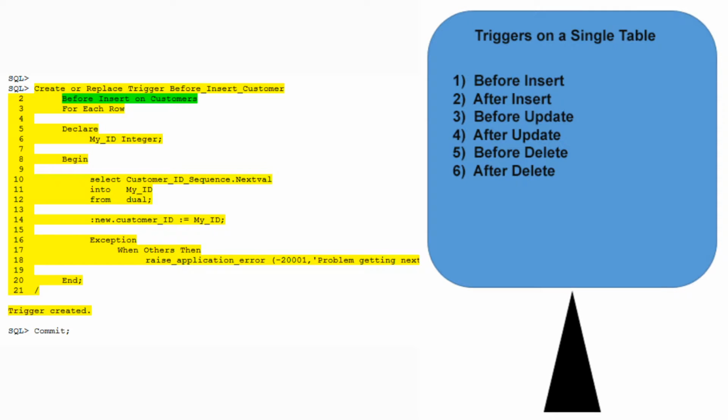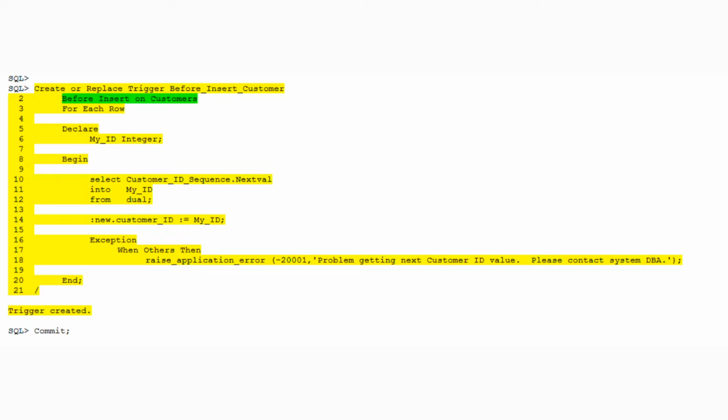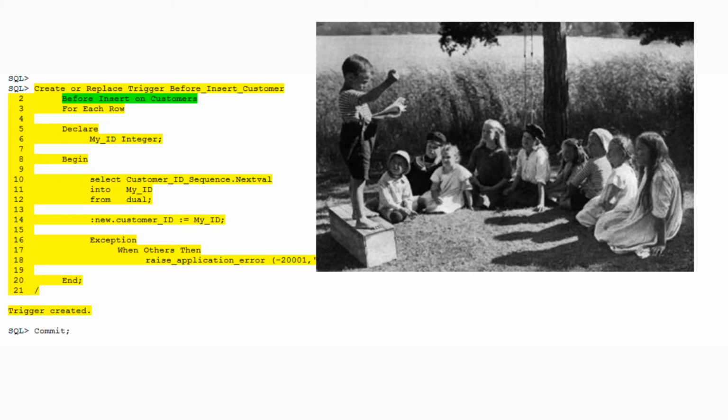Careful, the answer is 6, not 8. Reads are not a triggerable event. I have a before and after insert, before and after update, and before and after delete. While I'm on this topic of 6 possible triggers per table, let me get on my soapbox for just a